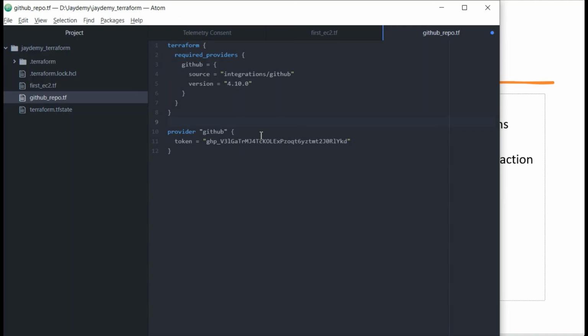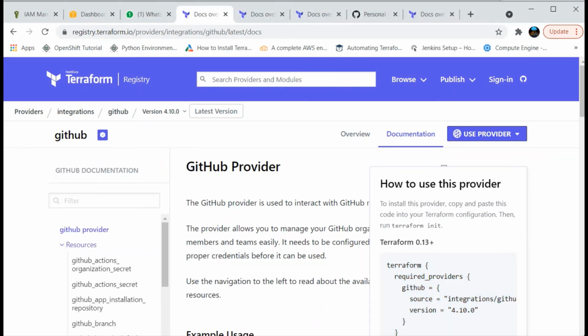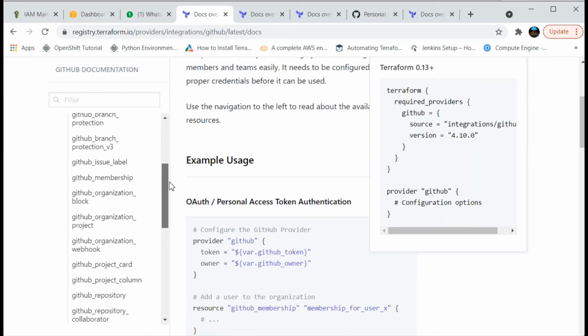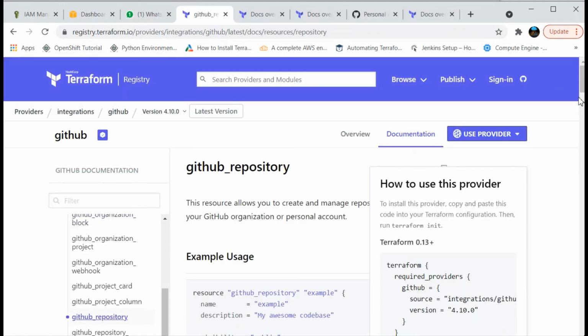So now what we need to create here? Our main agenda is, the provider is GitHub, the token we are passing, just authentication only we are giving. Now what we need to do? We need to create a repository. So how to create a repository? Just click on the resources on the left hand side, navigate down and scroll down to here. You will find the GitHub repository section. If you navigate there, okay,